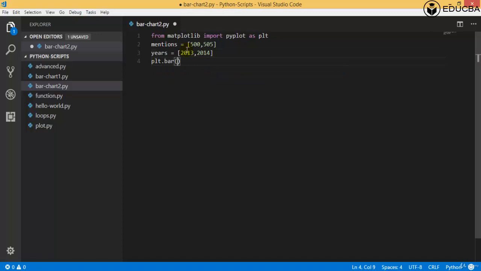The values will be represented in array format as 2012.6, comma 2013.6. This is like mentioning the values in a half-year format, and this is usually done whenever you want to plot a particular path from the data science perspective. Now I'll say mentions and the value as 0.8, and after that I'll take the xticks over here, that is plt.xticks, value as years,